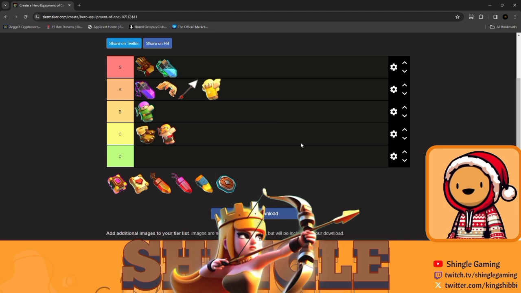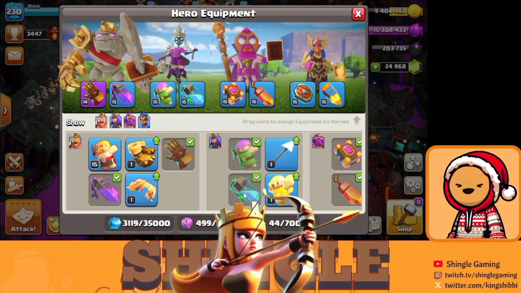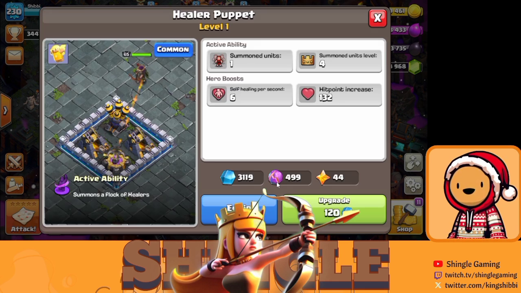Literally can't go wrong with this equipment. This is a must-have equipment on your queen no matter what the strat is. Now comes the most recommended combo for your queen, which is the invisibility vial plus the healer puppets. You can use this combination whether it's an air spam attack, a super archer blimp, sui heroes, or even